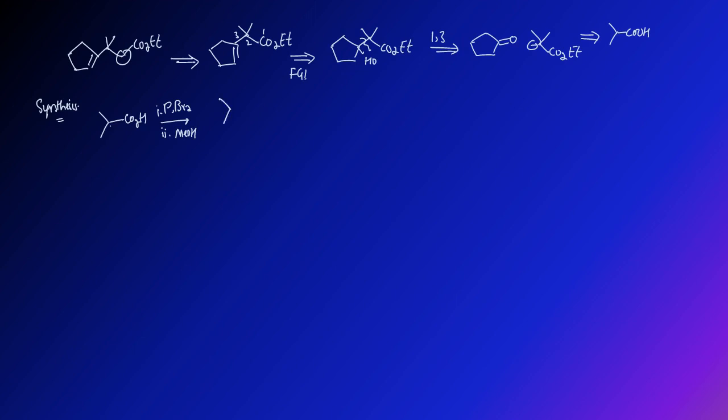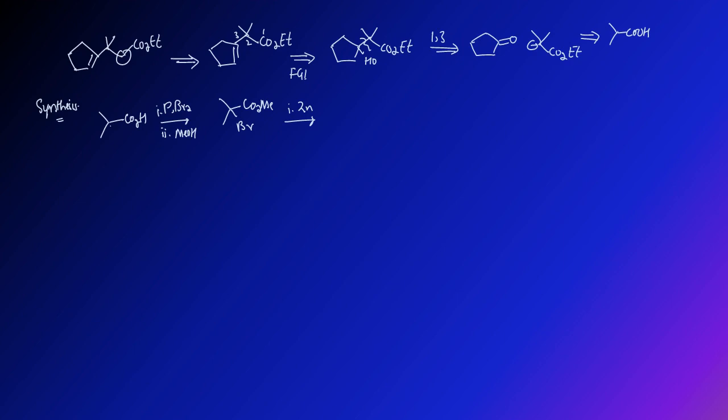So we get a species like alpha bromo ester. So this alpha bromo ester is subjected to Reformatsky reaction by reacting it with zinc,